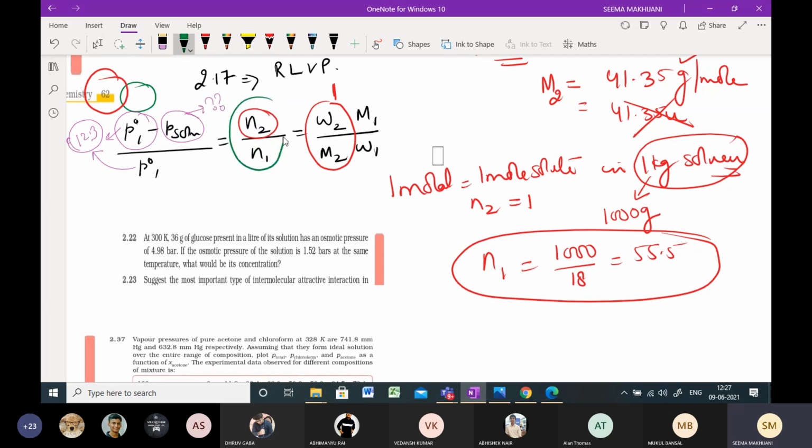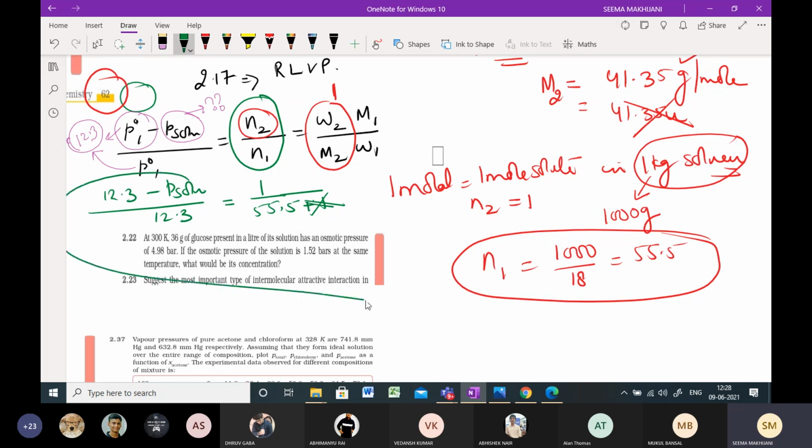We could have done it here itself, which means this parameter, I am rewriting it: 12.3 minus something which is to be found, divided by 12.3, is equal to moles of the solute, 1 divided by 55.5, and you can solve your answer here. If you don't want to ignore it, you will find in some books it's written +1 also. This +1 is because they have not ignored this 1 of the solute, but it is okay for CBSE and boards. There is no harm if you ignore it. That is allowed because we are referring to dilute solutions.